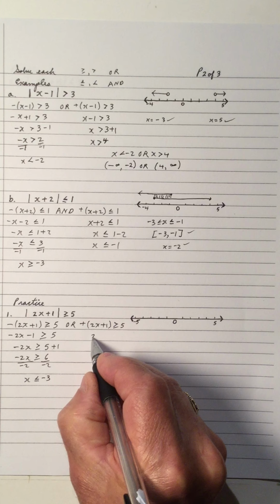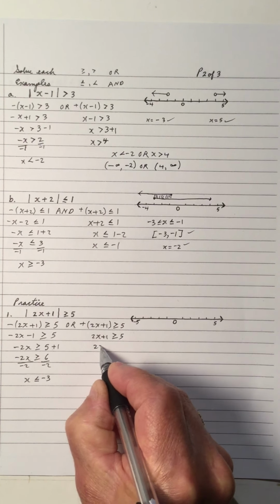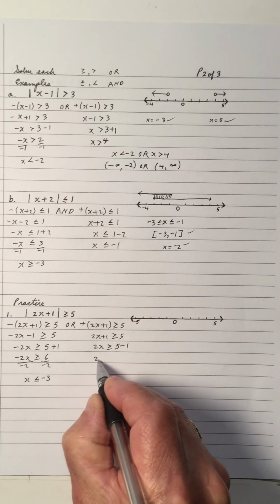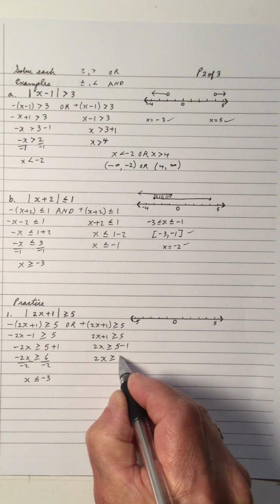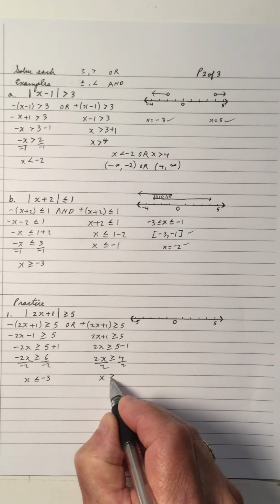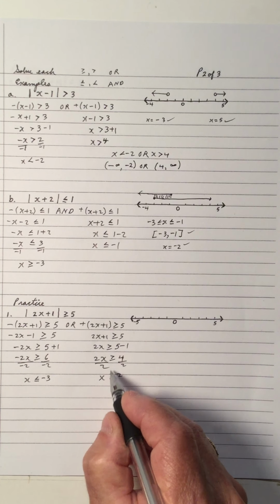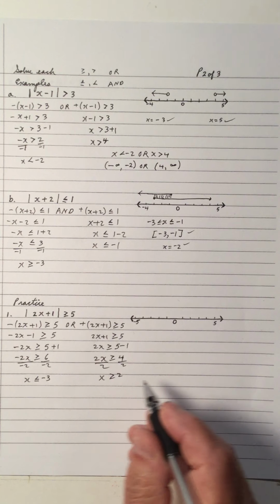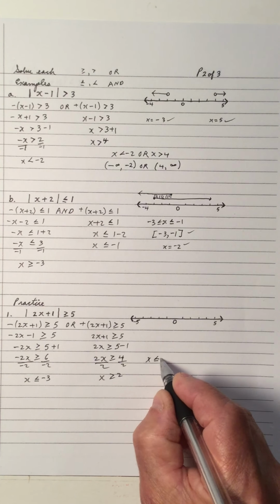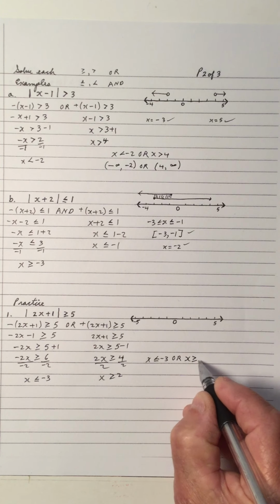And we have an or, so 2x plus 1 greater than or equal to 5. 2x greater than or equal to 5 minus 1. 2x greater than or equal to 4. Divide by 2. X is greater than or equal to 2. Notice we're dividing by a positive number, so the greater than stays. So we have x is less than or equal to negative 3, or x is greater than or equal to